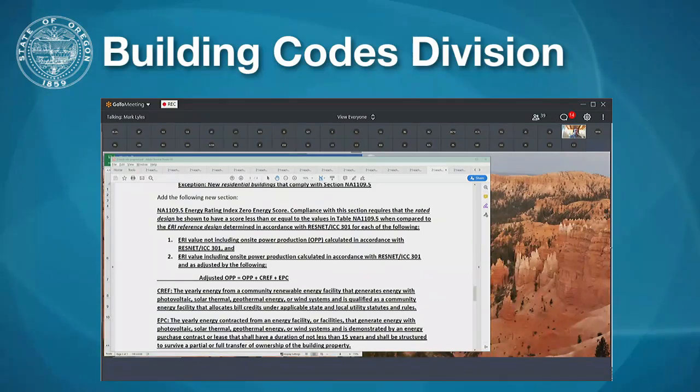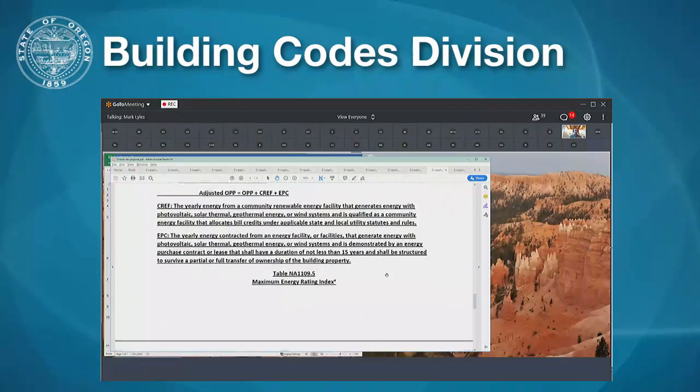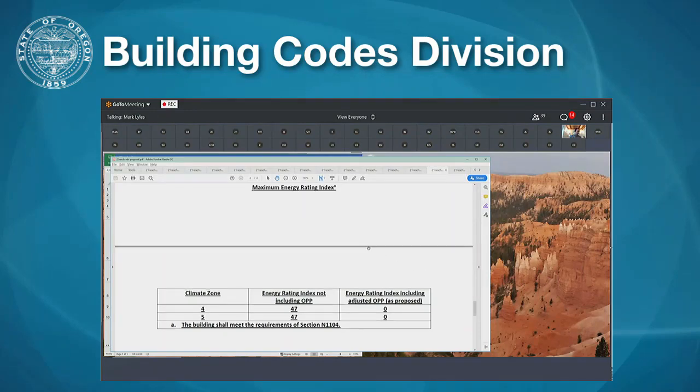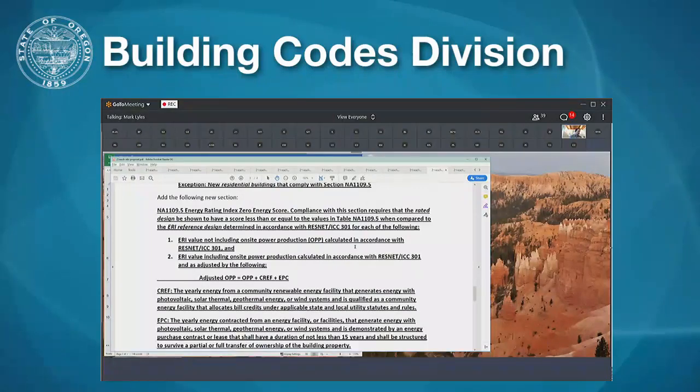In terms of cost effectiveness, in order to clear the cost effectiveness criteria of 90.2, it cleared that. So it checks that box. And then just in terms of how it compares to the base code, the residential base code here in Oregon,